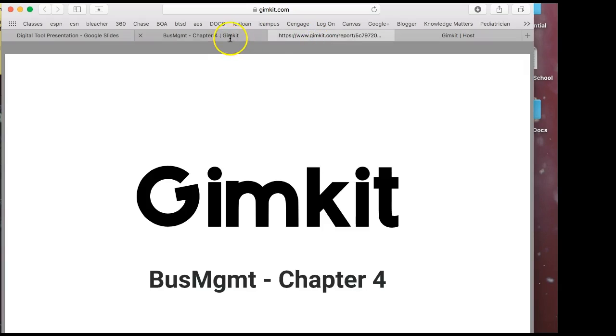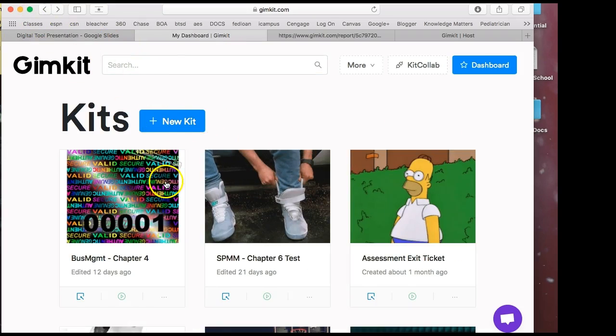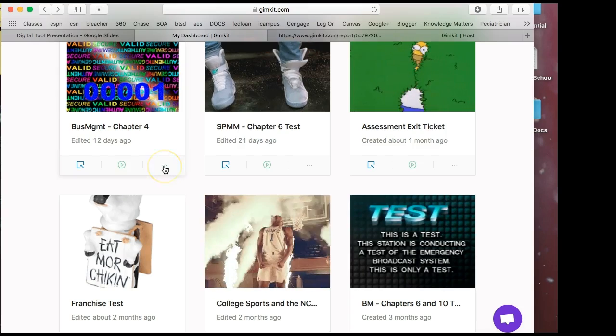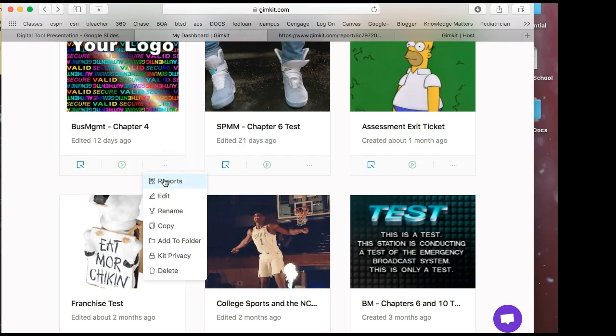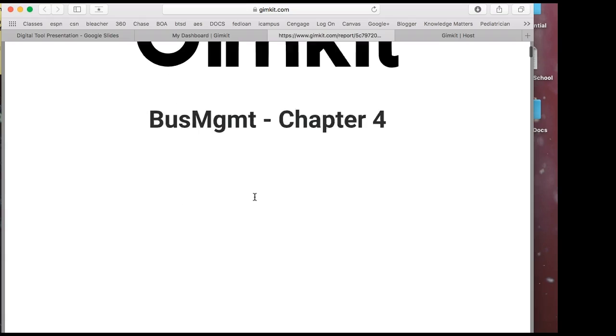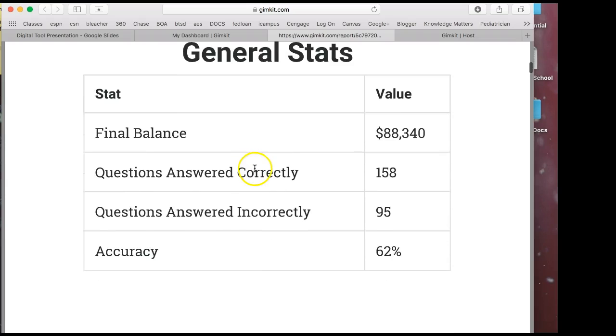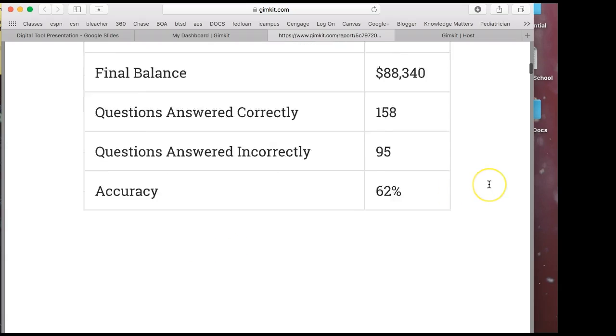So after you play a game, let me come back here for a second. You would just go to these 3 dots right here and click reports. That would take you to this screen right here, and this is really the benefit of using GimKit. It tells me exact real life data, tells me the accuracy that students answered the questions with. Obviously, right after I saw this, I said, okay, maybe we have to go back to some of the tougher